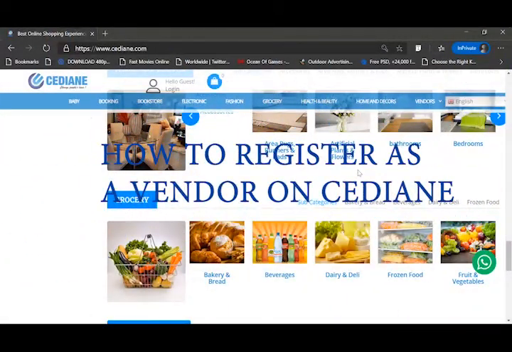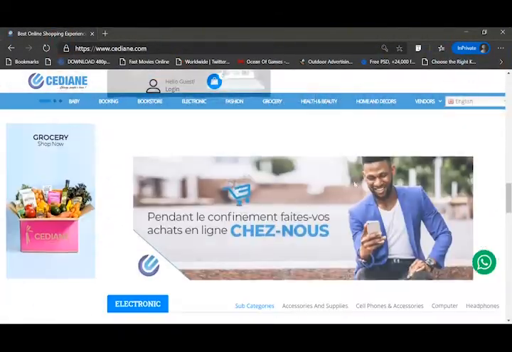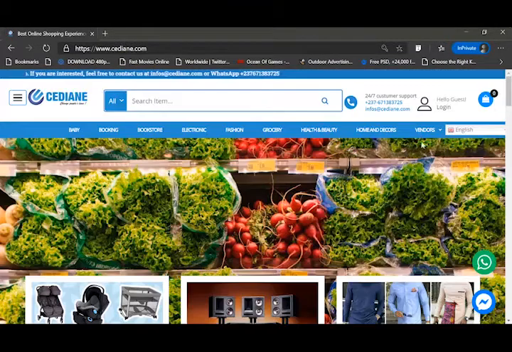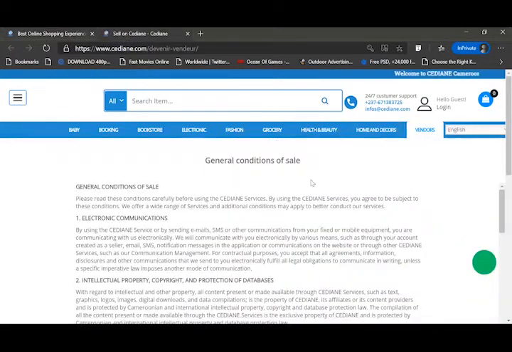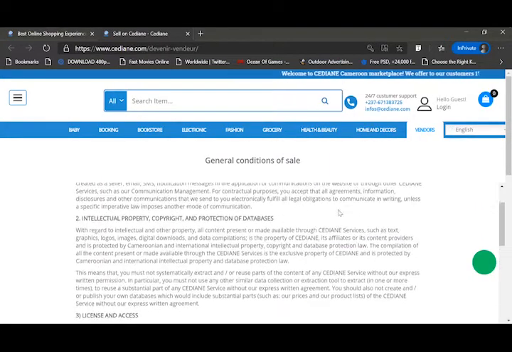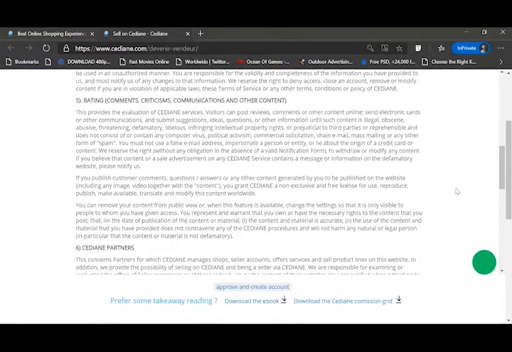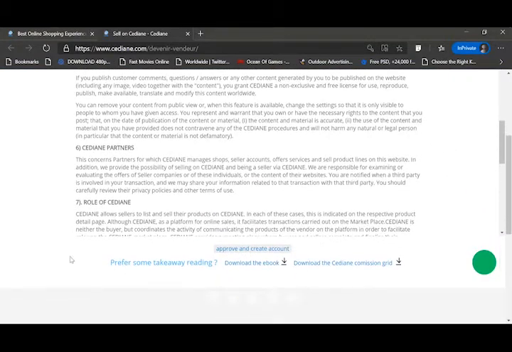How to register as a vendor on Cediane. We'll click on sell as a vendor under Cediane. We'll be taken to a page with the rules and regulations of the partnership. You can download the commission grid or an ebook of all of it, which is going to lead us now